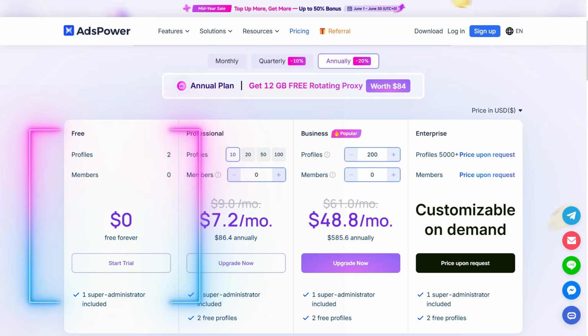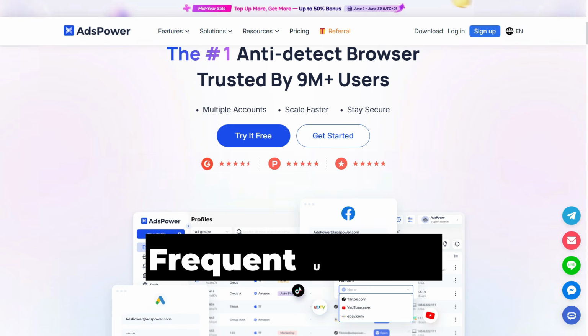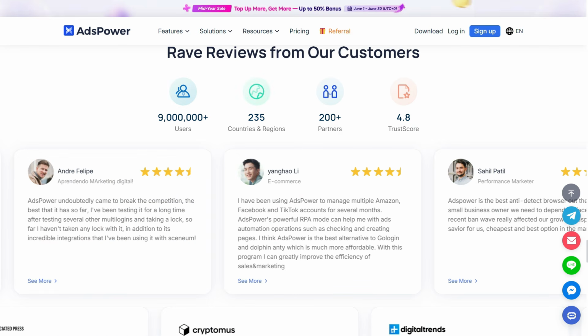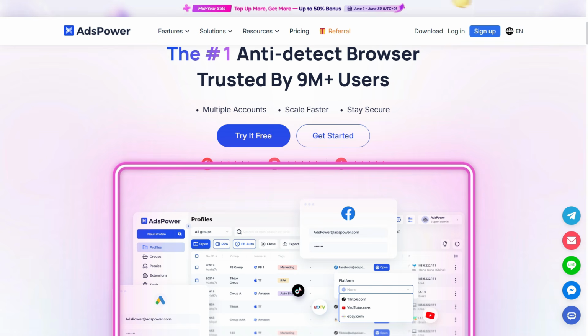And there's a permanent free plan and not a countdown trial. You get dual browser cores, strong team features, frequent updates, and 24/7 live chat that people actually rate highly. And plus, bulk profile creation and that built-in proxy marketplace as well.